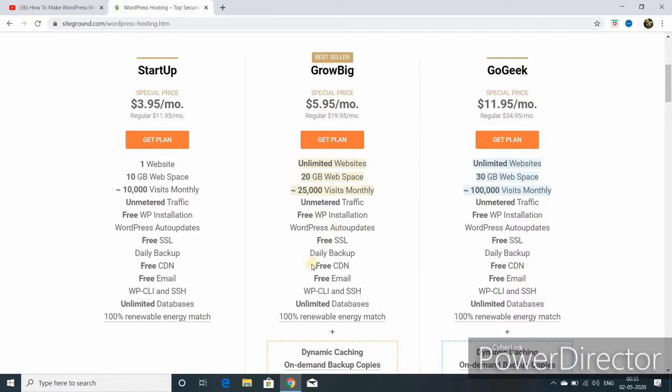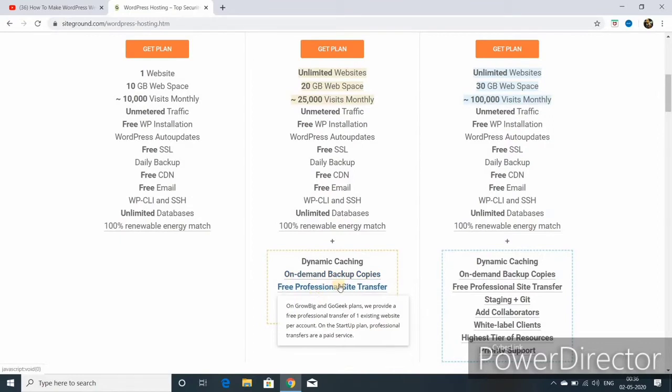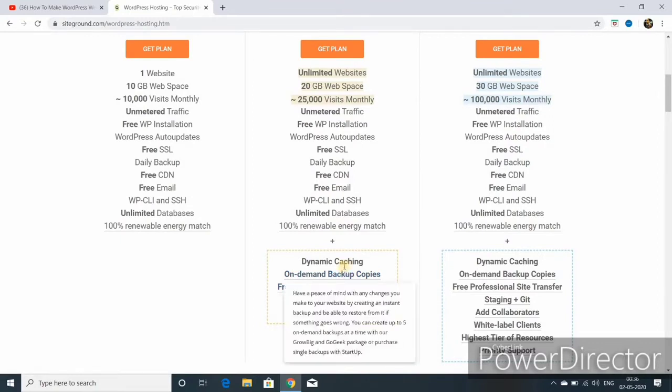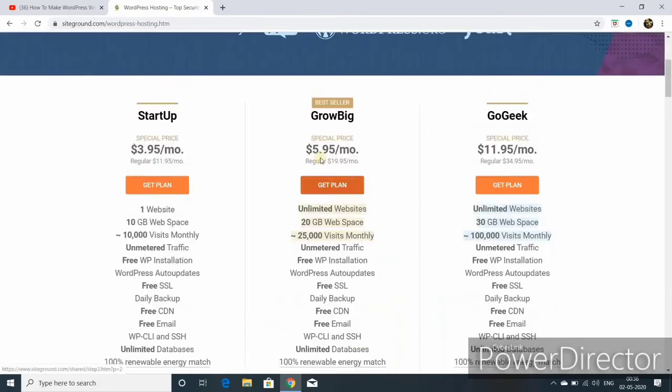Your site is going to be secure so nobody can hack it, and daily backup, free CDN, free email, CLI and SSH, unlimited databases, and 100% renewable energy match. Also you are getting dynamic caching, on demand backup copies, free professional site transfer, staging, and so many things. So that's the reason I recommend to all of you go for the GrowBig plan, which is the best seller